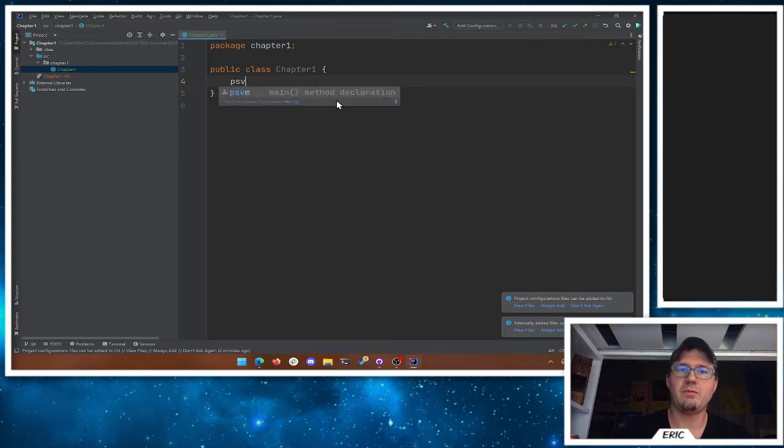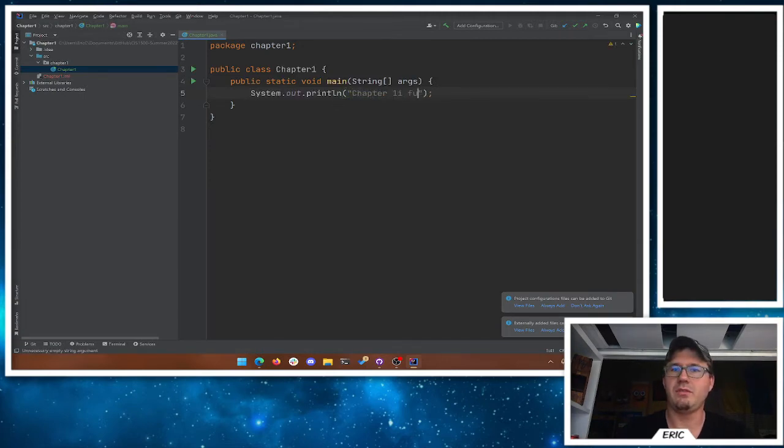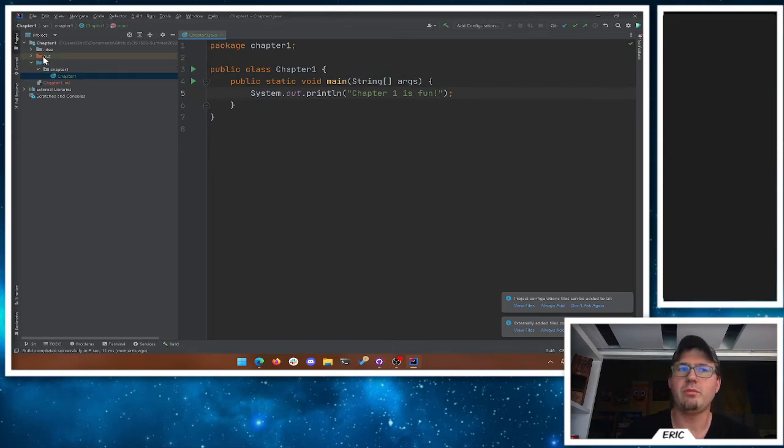So we put public static void main, and we'll just print out again, how about "Chapter 1 is fun." And now I've got two options. Before I even run, I have this other hammer up here. Hammer is build. So build will go through and actually compile our code. So it sends all of our code to the Java compiler, and it will generate something for us here. Notice we have this out folder we've just kind of been ignoring that shows up here. So inside of that, there's a